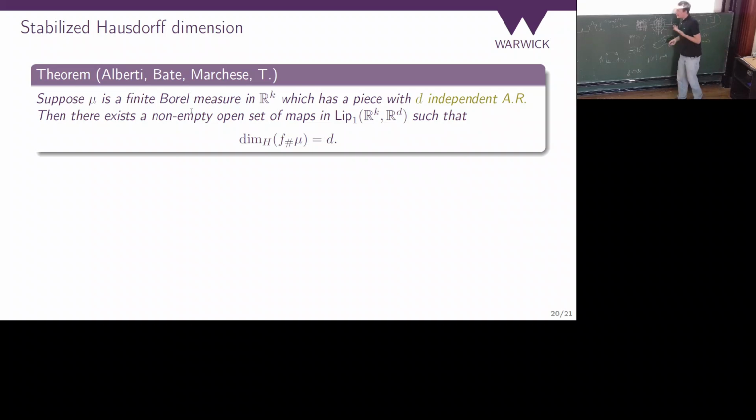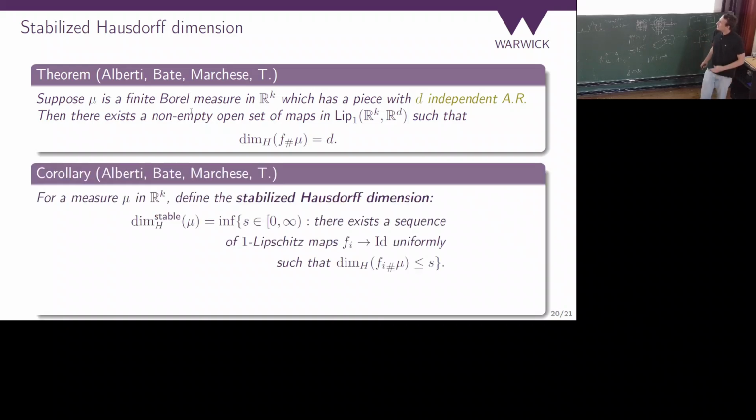Now, can I combine these two statements into one in a way that makes everything a lot easier to understand? And the answer is yes. And I actually really like this. I only realized this after we had all of the results, that this is what happens. But you have a really nice characterization of Hausdorff dimensions in R^k. The thing that happens is this.